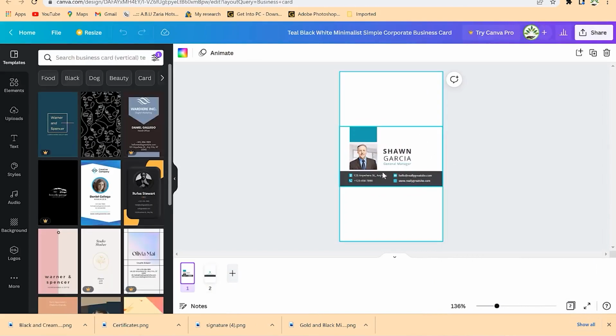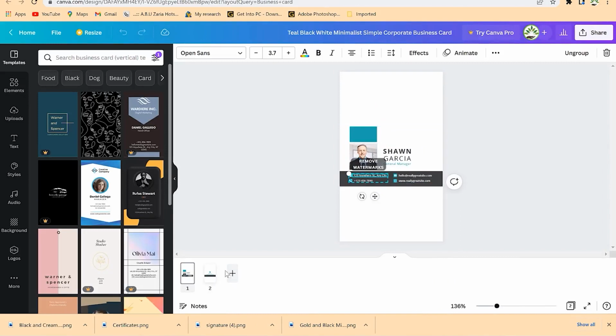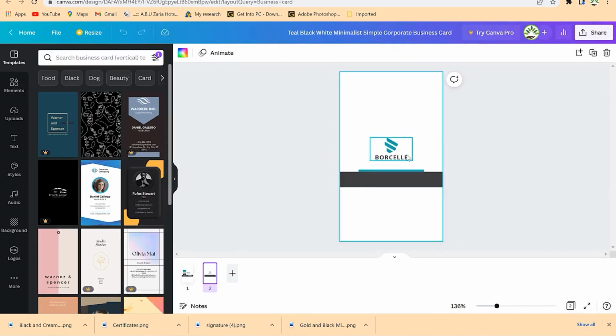You can change also this one. You can do the same thing, put your address, put everything. This one also is 2 pages. See the back of the page, the bottom one, at the back one, and then you can